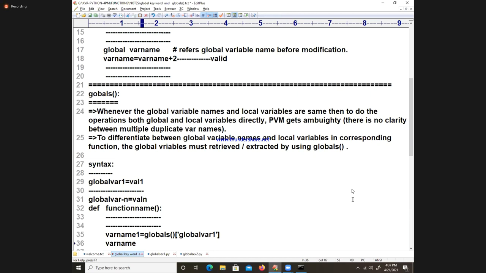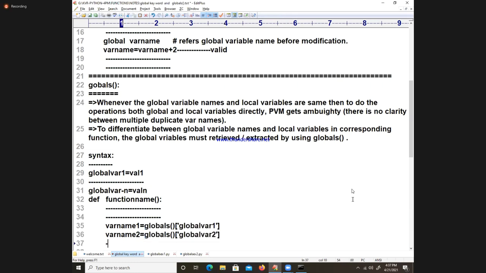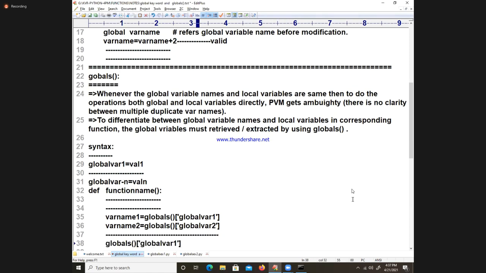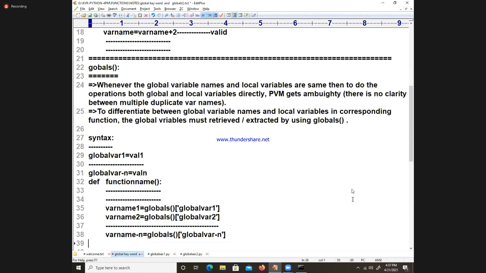Variable name 2 is equal to globals of variable name 2. So on. I will write variable name n is equal to globals of 2 n. Dear students,